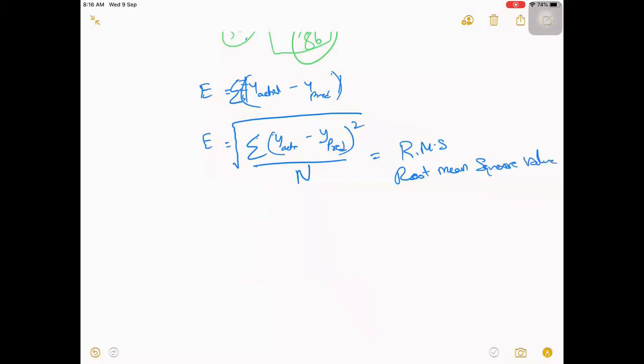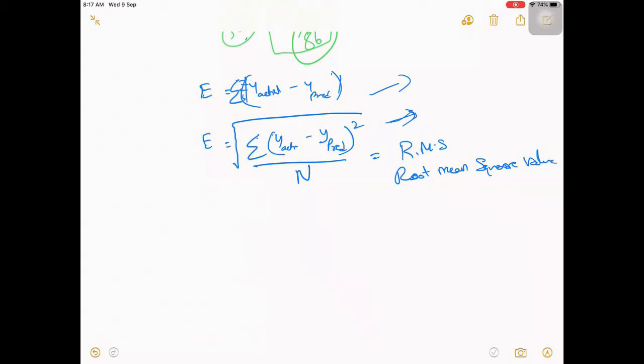So we call this RMS, root mean square value. We can also take other options, but usually this is the most preferred error value which people use. Other than this, it is our choice to define different kinds of error values.